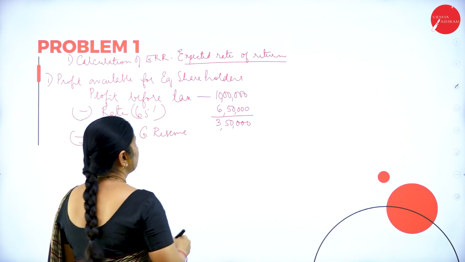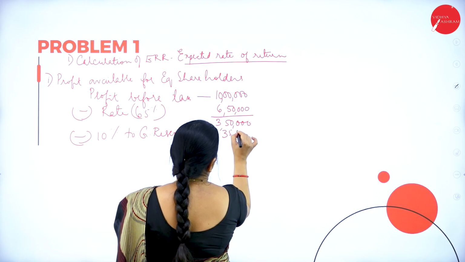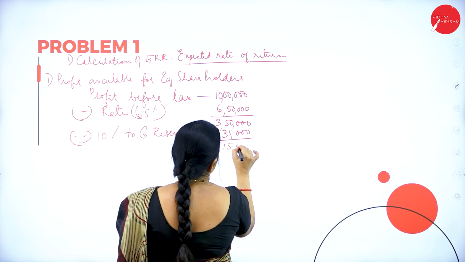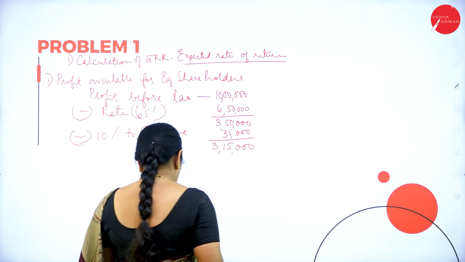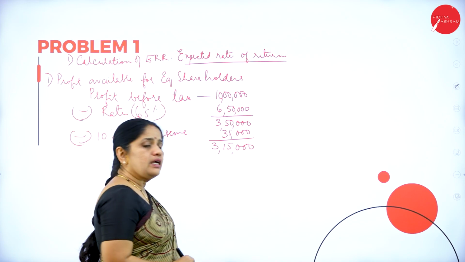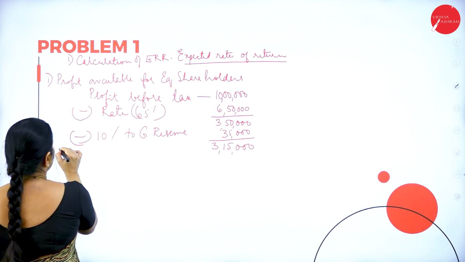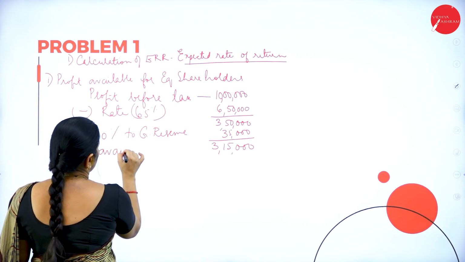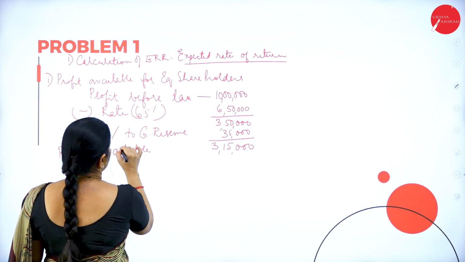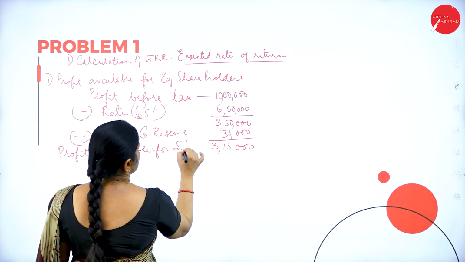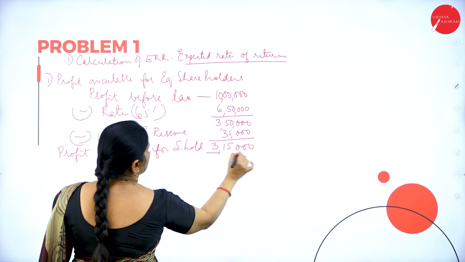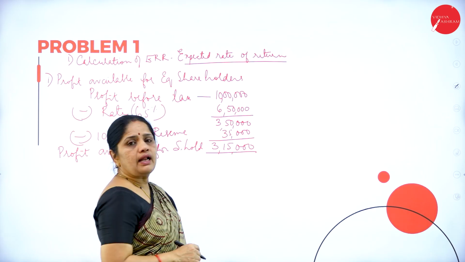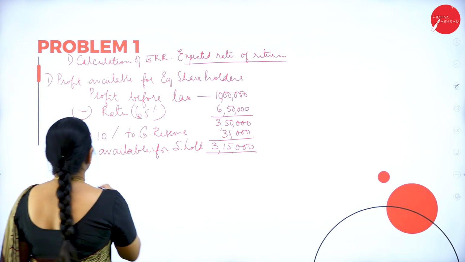So out of 3,50,000, I deduct 35,000. I get 3,15,000. Now this 3,15,000 is the profit available for shareholders. Profit available for distribution among the shareholders is 3,15,000. Now from this we have to deduct